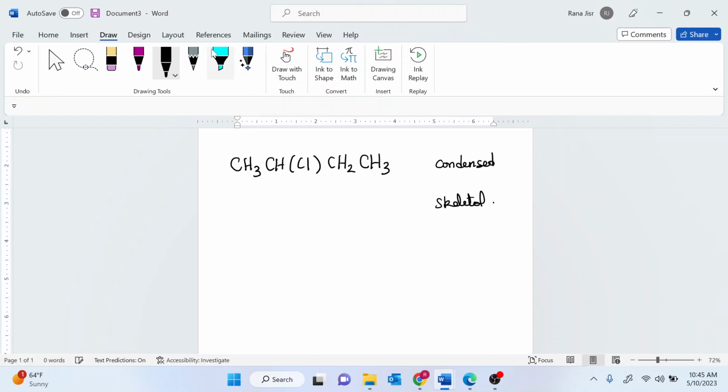So to draw the skeletal, the first thing that you do, again, we're going to start from the left and we're going to count the carbons. So I have 1 carbon, I have 2 in there. Anything which is in parentheses, I'm just going to ignore for now because I want to go ahead and draw the backbone. So it's going to be 1, 2, this is a 3, and this is 4. So I have 4 carbons in there. I'm going to go ahead and do 1, 2, 3, 4, and I'm going to go ahead and connect them